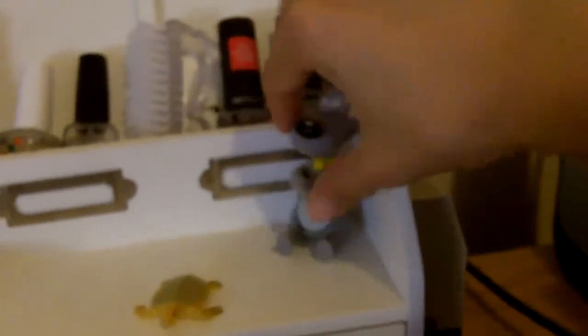And then over here, this I have shown you before. This is actually a charging station, but I use the top part for various base coats, top coats, and stuff like that if I decide to multitask and do a manicure while I'm sitting here at my desk. And I keep a little set of sticky pads here, and this is a little toy that my dad gave me many years ago, and this is a little souvenir from the Texas State Aquarium, and I just keep those there. And then in this tray I keep little office supplies,